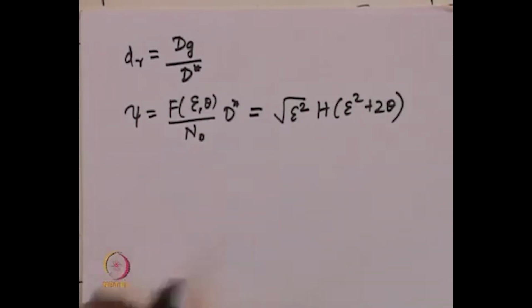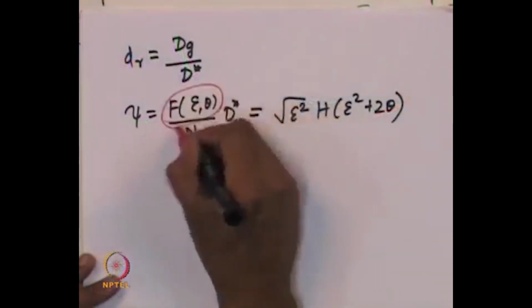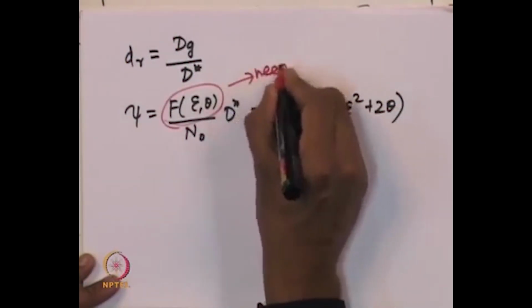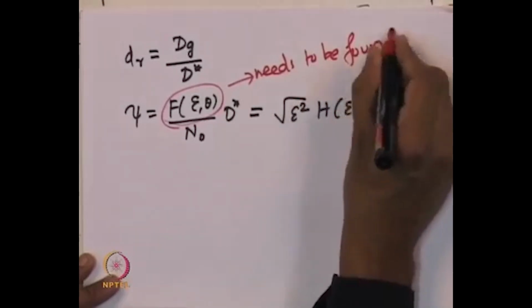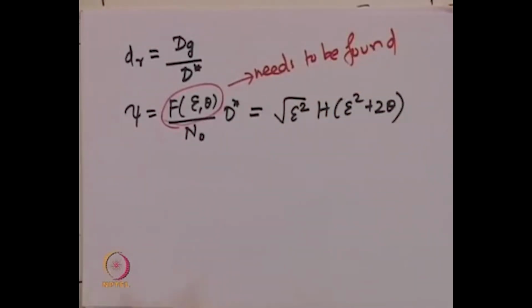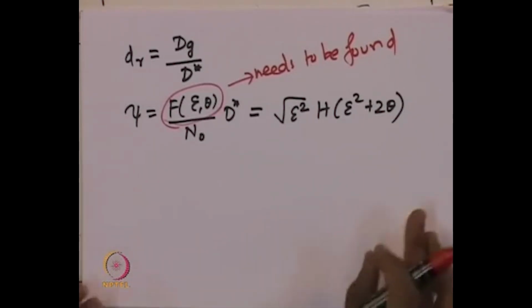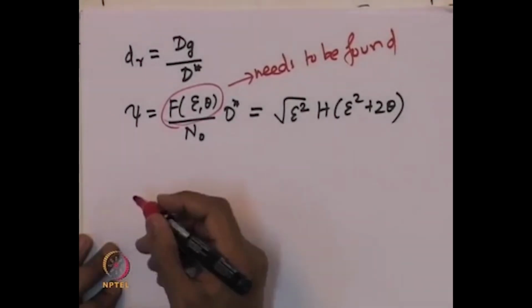So, now if we want to find out what is the final distribution, we need to find this expression f of epsilon comma theta. This expression needs to be found in order to find out what is the instantaneous distribution of the sizes. So, how can we do this? It can be done by actually using